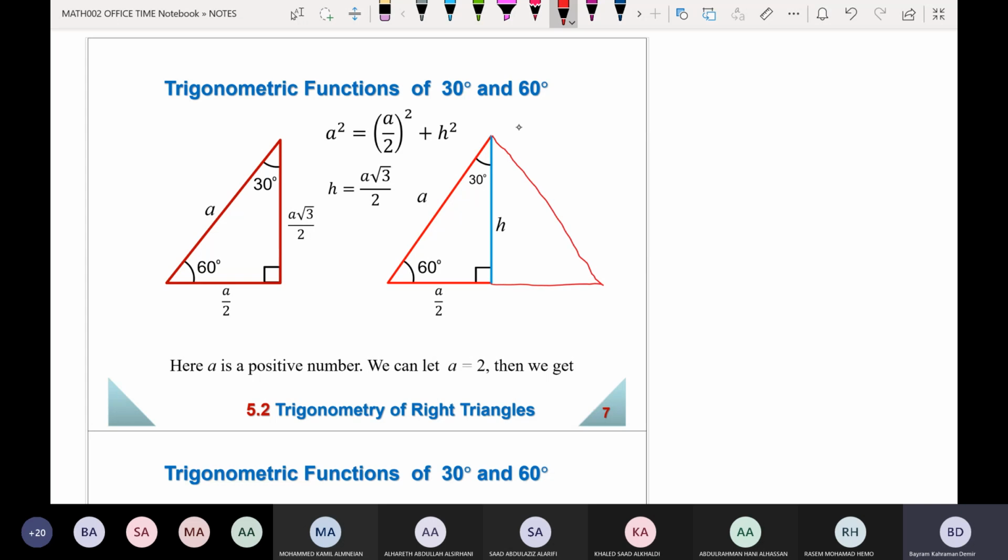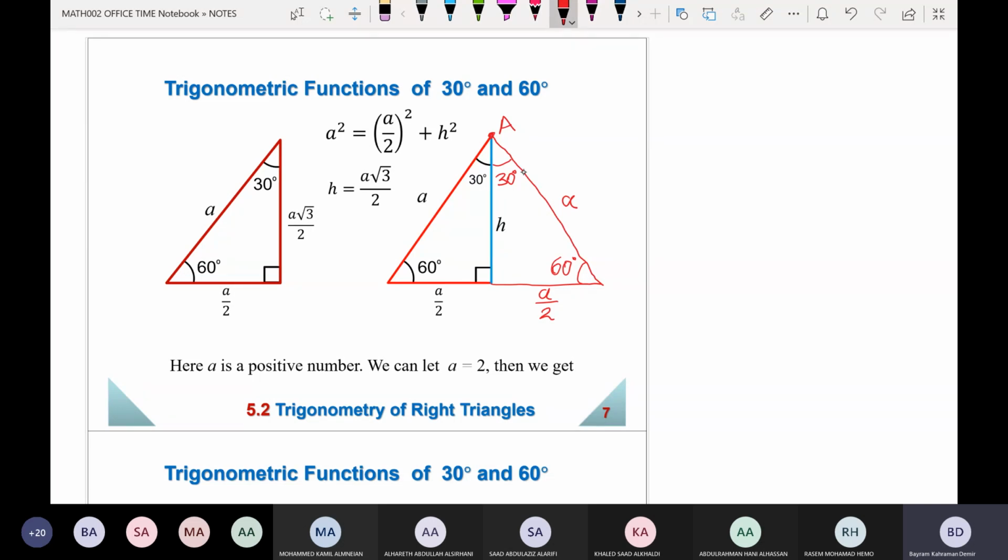Suppose we have a triangle with all the sides equal. Again, by the geometric property, when you draw the height from this corner here, let me call this one point A, if you draw the height from here,